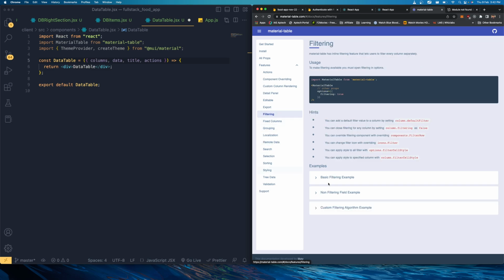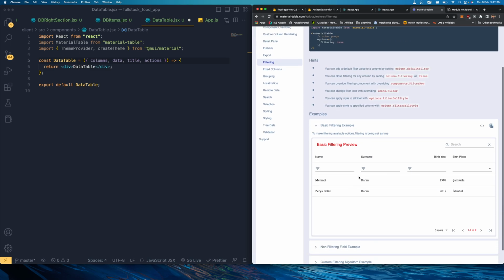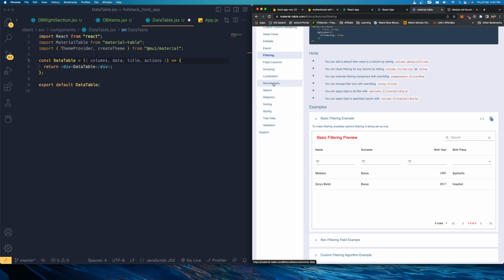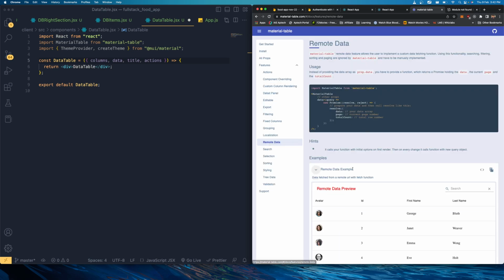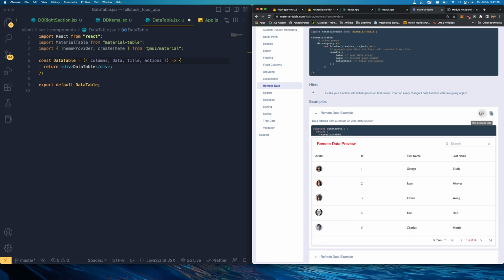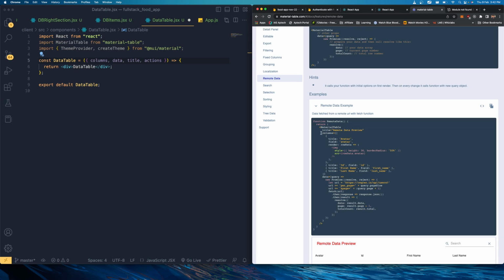filtering or fixed columns, basic filtering, this one. Let's go to the remote data and remote data table example. If I go to the source, you can see you need to supply the columns, the title, and the data for each and everything. All right, so what we need is columns, data, title, and actions. These are the things that we need to supply for the table. And now let's supply that